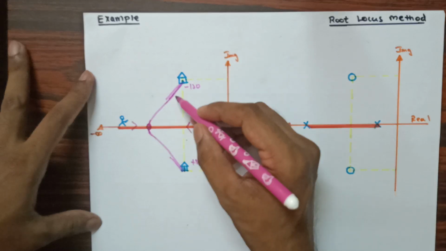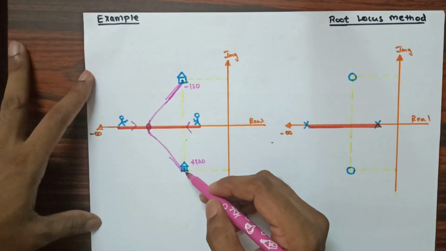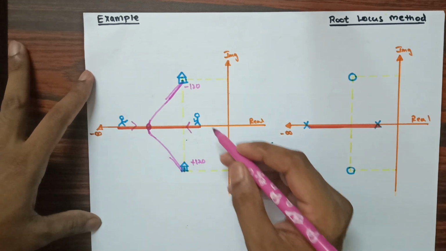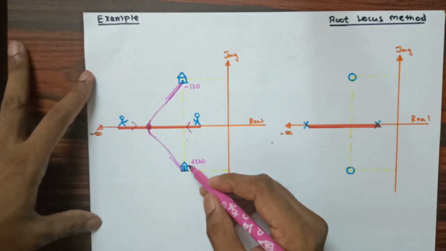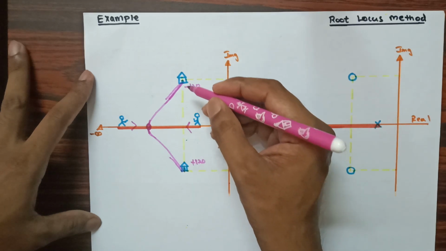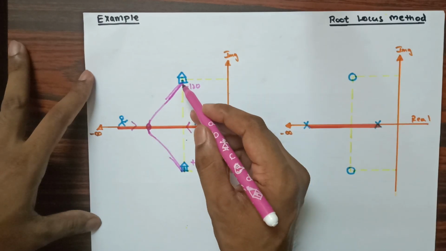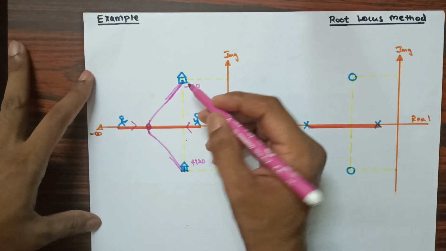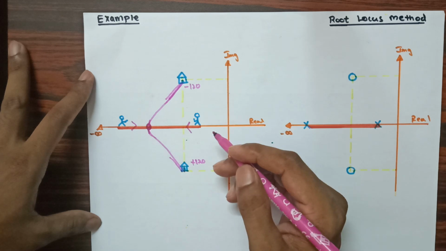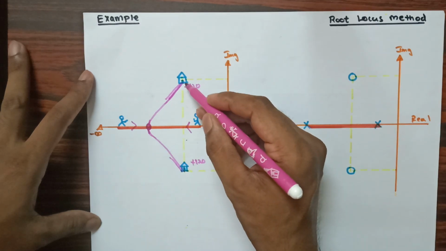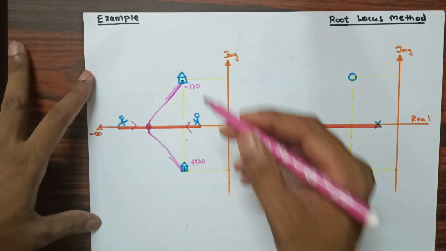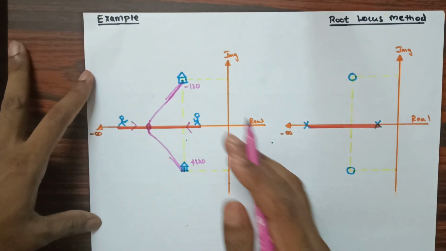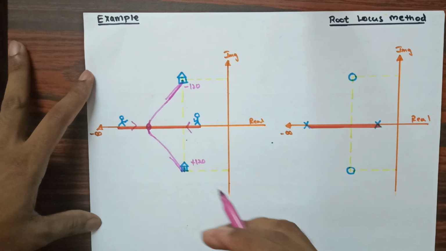So remember the angle they follow when the hut is on the y axis, that angle we call the angle of arrival. In the previous example we saw the person was considered on the y axis, so they were starting with a certain angle. Here we have considered the hut on the y axis, therefore the hut is going to end with a certain angle. There they were starting with an angle, that is the angle of departure. Here the hut is ending with an angle that we call the angle of arrival. The person has arrived by following a certain angle. So this is the general example for your understanding purpose.